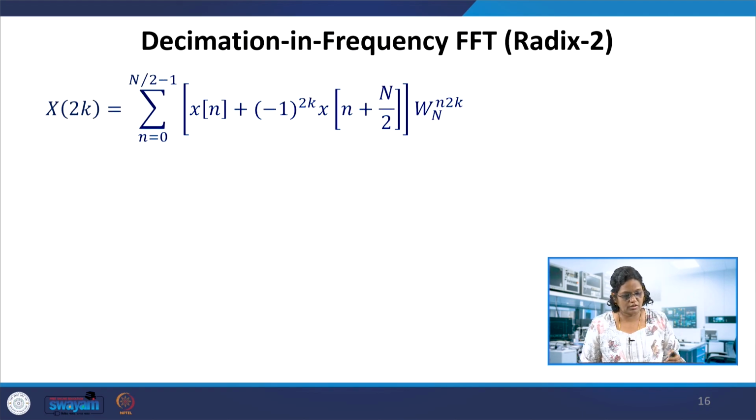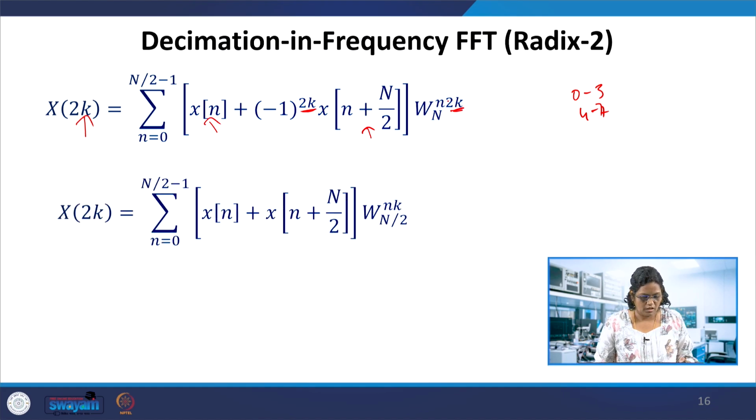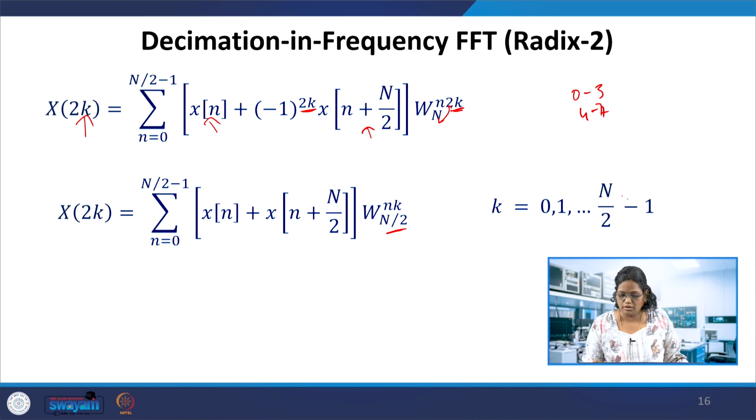So if we are going to decimate in frequency, k is now made as 2k instead of 2k plus 1, as the sample. So now we keep the samples and focus on 0 to 3 samples computation, and 4 to 7 are taken care of in the DFT, but the bin index k is now made 2k. So 2k here and 2k here, this k is replaced with 2k, and so this simplification, this becomes 1. So the 2 can be brought down here, as an N by 2. Okay, so this is the simplification of X of 2k. Now this is varying from k equal to 0 to N by 2 minus 1.